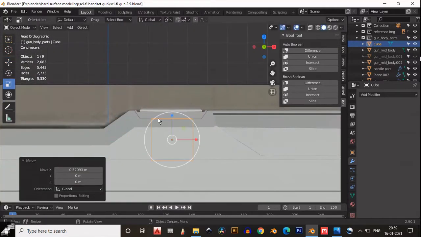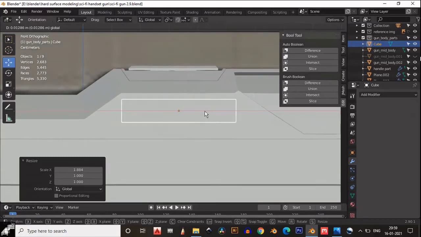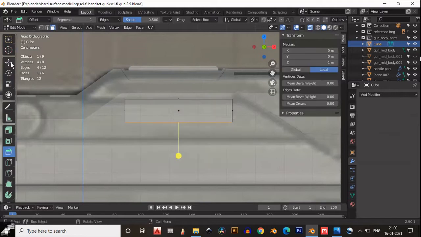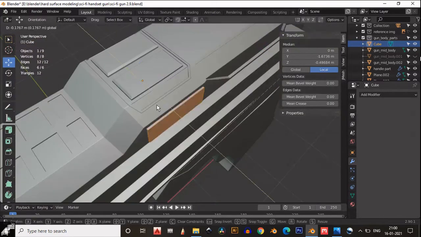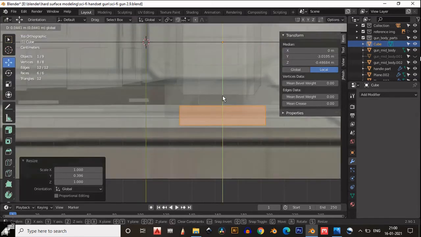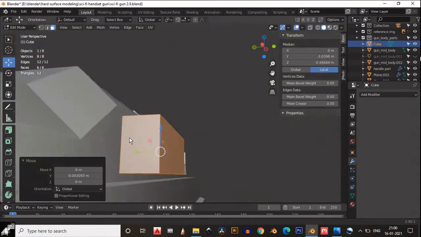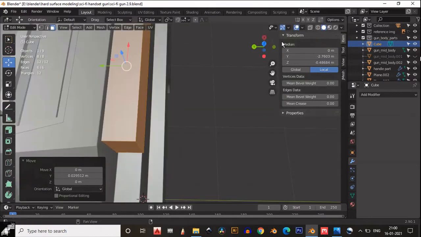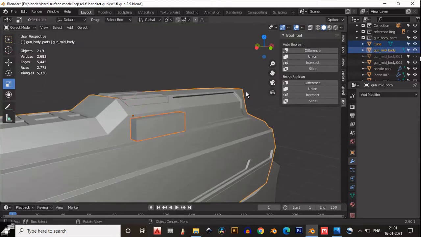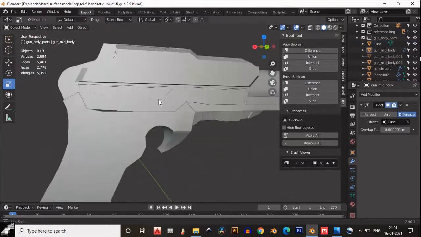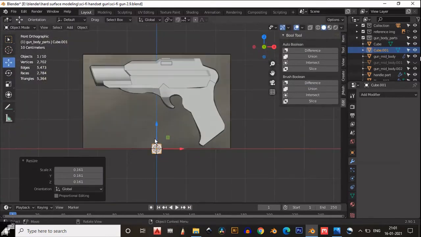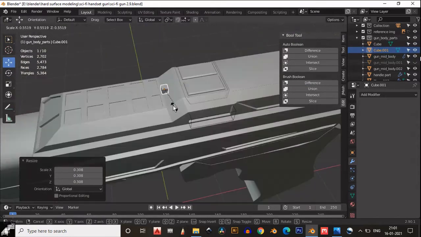Okay, then I'm going to create a grid kind of effect right there. So add a cube and fix it there, go to the edit mode and adjust the scale. Then you can see, scale this down along the y-axis, and you need to fix it. Okay, then use the bool tool, or you can use the boolean modifier and use the difference boolean operation, simple.